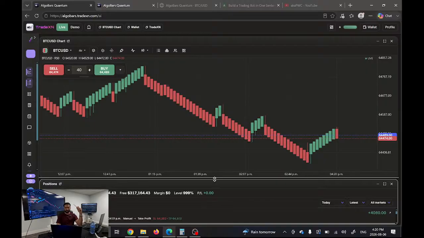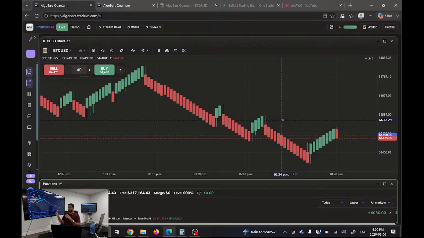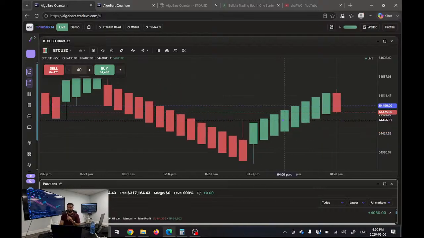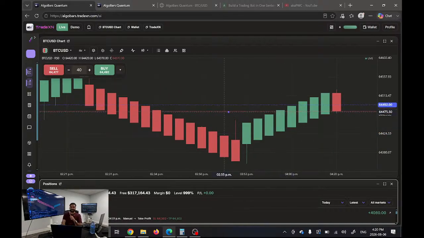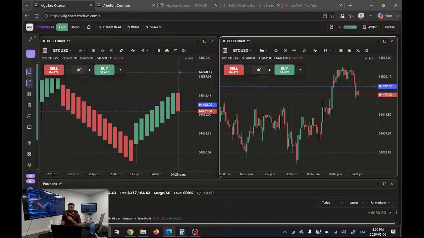So already so far for the day, we're up around $2,000. We've done a few trades. Let's see what the next trade is going to be. Basically, the way we do our trades is based on range bars. Now, what are range bars? Let me show you the difference. Let me open another chart so you can see very clearly the difference between the range bars